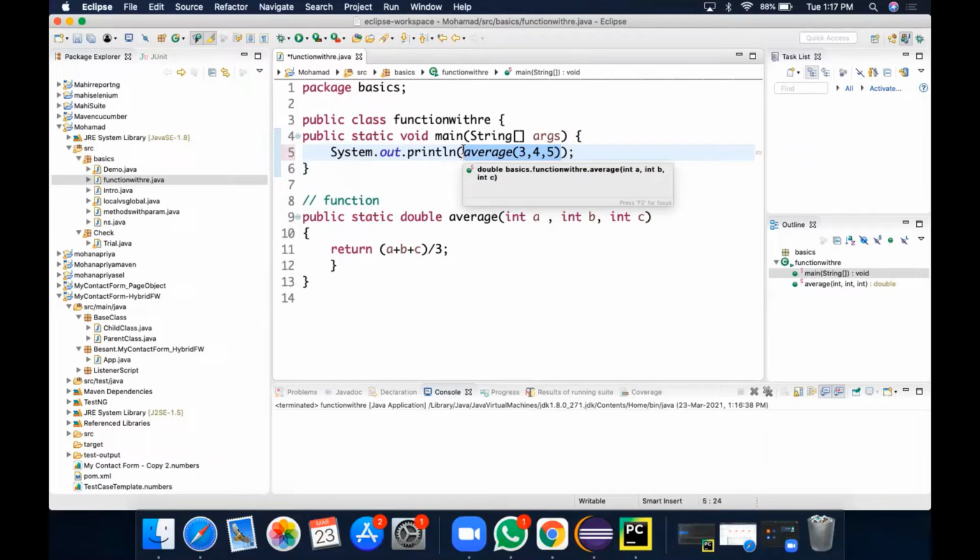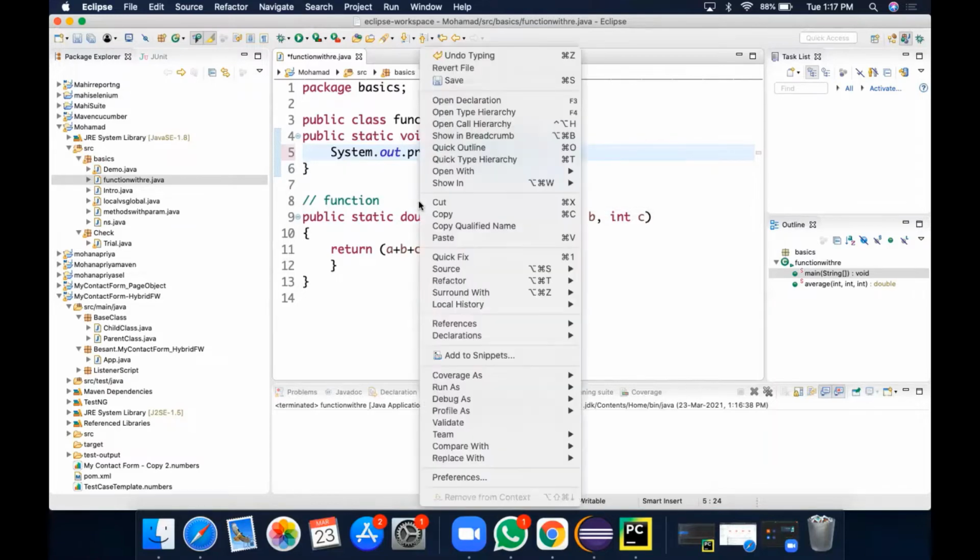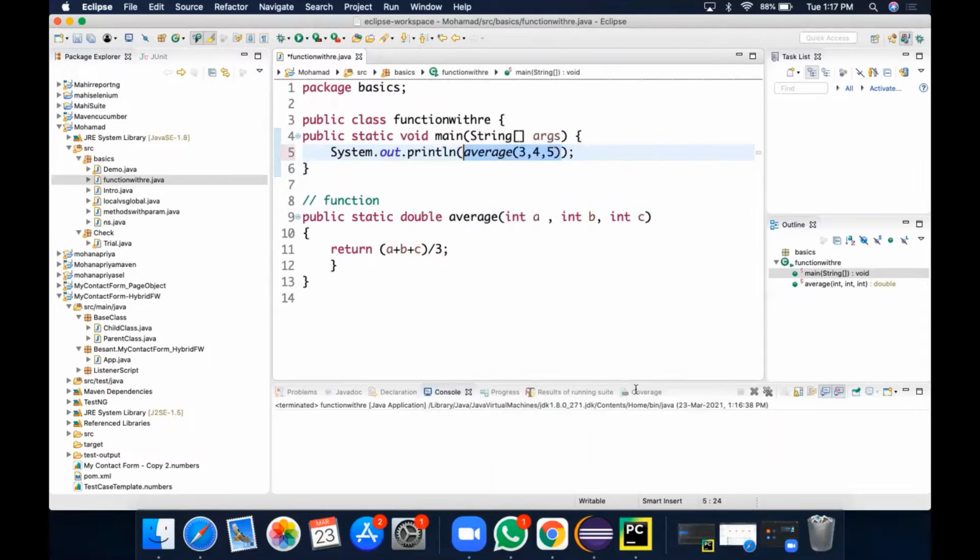Average is going to give you something, but it will not print it. Since I want to see the value, I'm putting it in the sysout statement. If I run the code, I'll be able to see the average of those three numbers. Instead of just average, we can also give class name dot method name in this, like this.